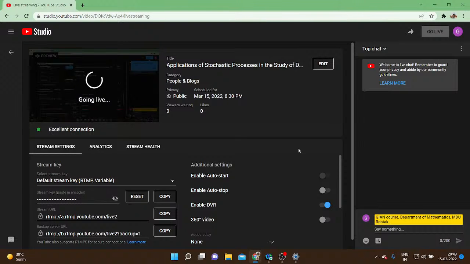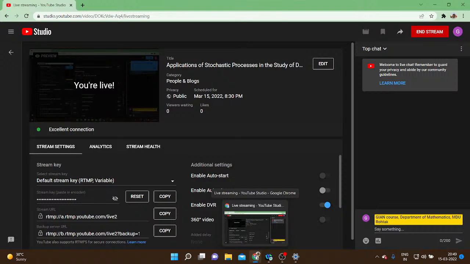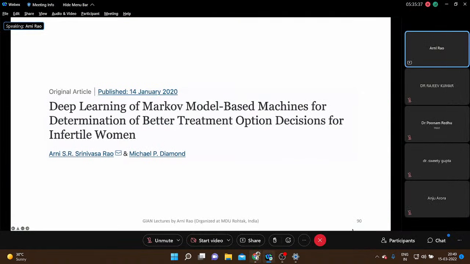They cannot improve the chance of getting pregnant. So the treatment would not change, but the treatments are expensive. So whether or not to go with the treatment is also an important decision for them. There is no point in going for a treatment because it's a waste of money for the patients, because even after treatment they may not be successful. So in that case, it is better to decide that no treatment is needed for them. That's also a decision. So that kind of thing.